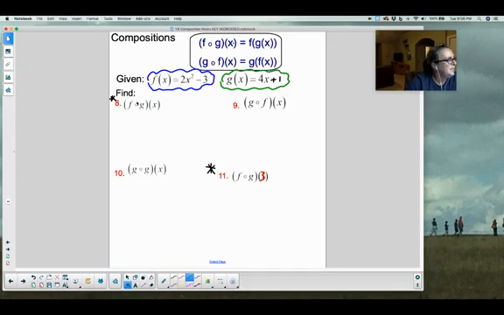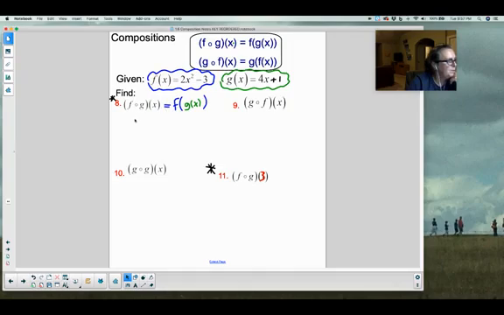So let's have a look at questions 8 and 11 for short now. This is saying f of g of x. F is on the outside, on the inside is g of x. So how we're going to solve this problem is we're going to write out f of x, but where there's this x, the placeholder for the input, in its place we're going to put g of x, which equals 4x